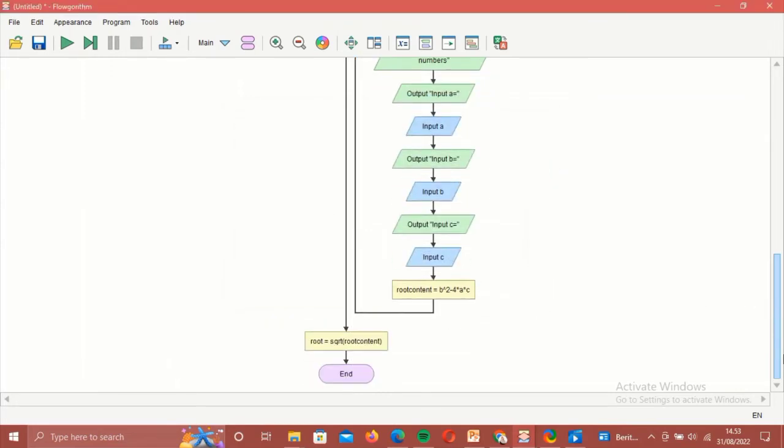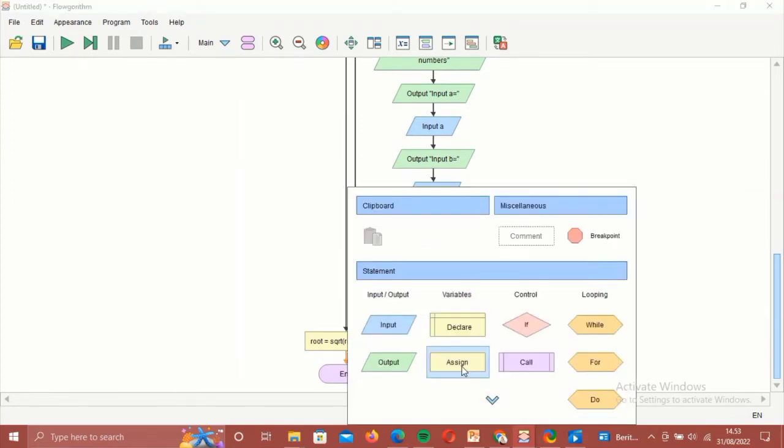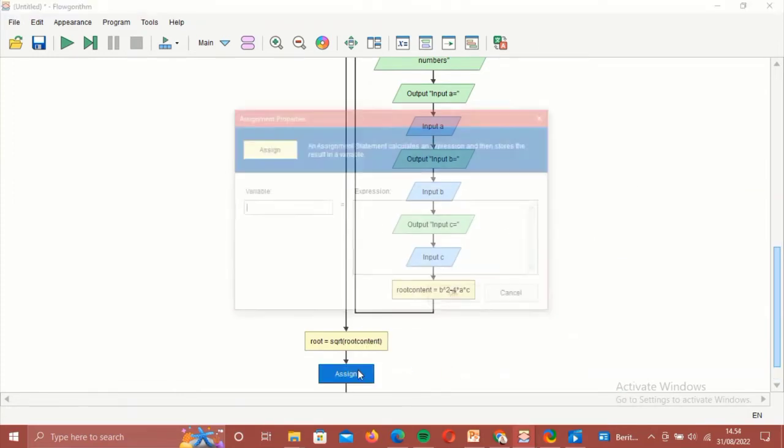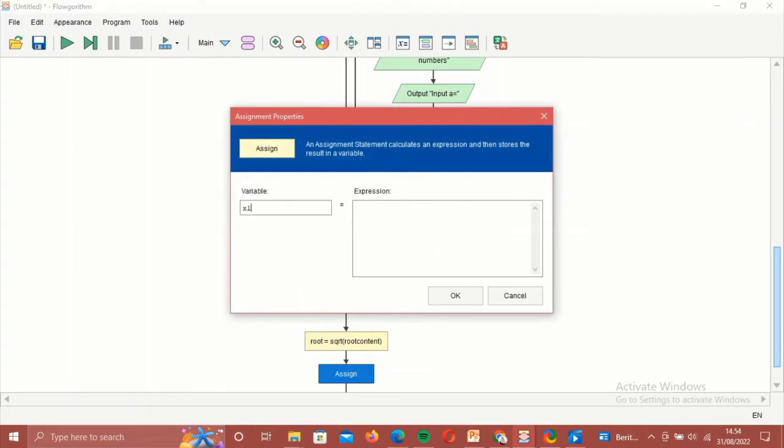Okay, next we can choose assign again. The variable is x1, and then the expression is